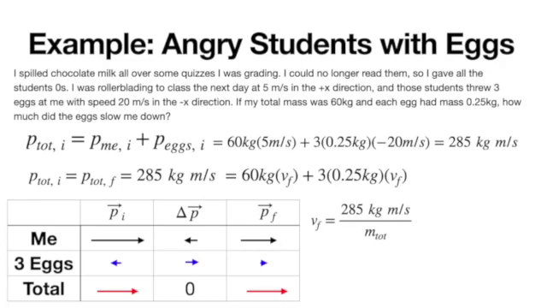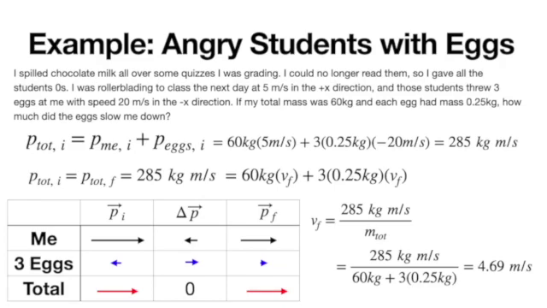Which is this here. So if I want the velocity, I'll just divide the momentum by the mass: 285 over the total mass, which is 60 kilograms plus this 0.75. And we get a final velocity of like 4.7 meters per second, which I think makes sense, right? I was moving 5 meters per second to start with, and then the eggs hit me and slowed me down